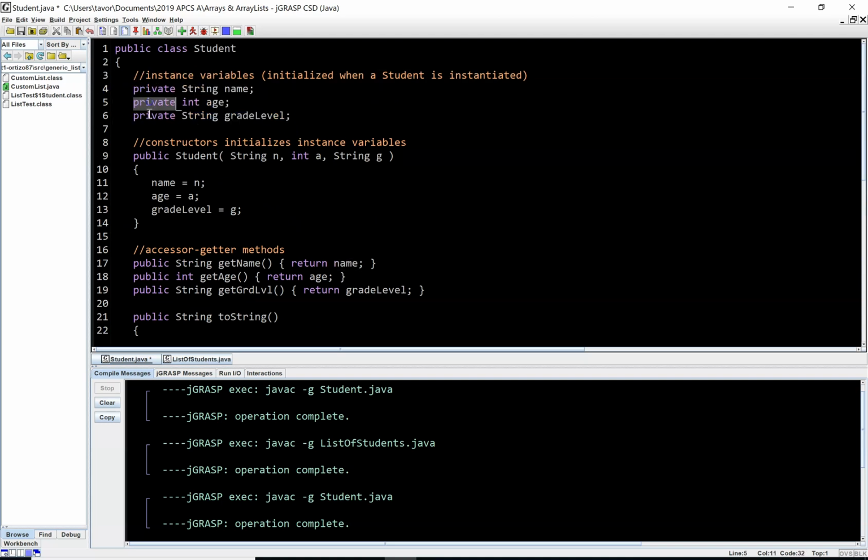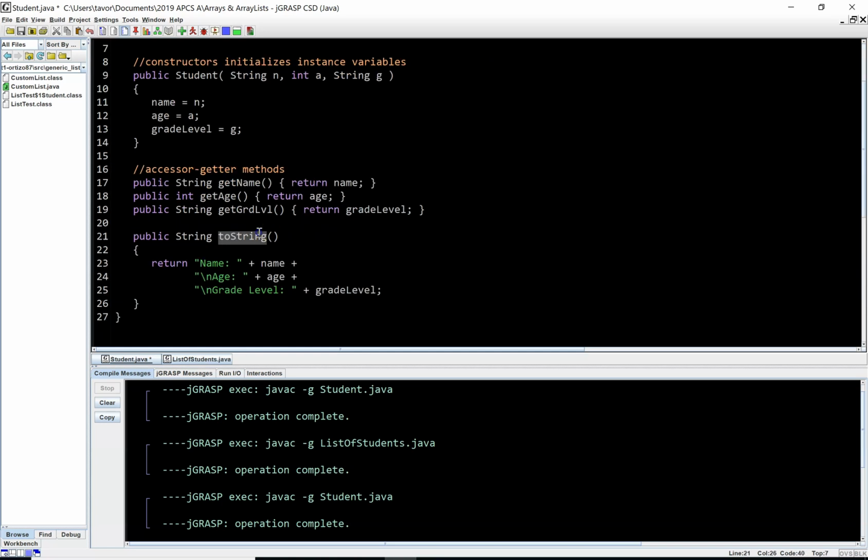Notice how these variables are declared private, and so I cannot access these variables outside of the class directly. I need a public method that returns that variable right here. Also, just for the sake of trying to make this a little more concise, I also have the ToString method. This is a special method, and I guess special within double quotes,